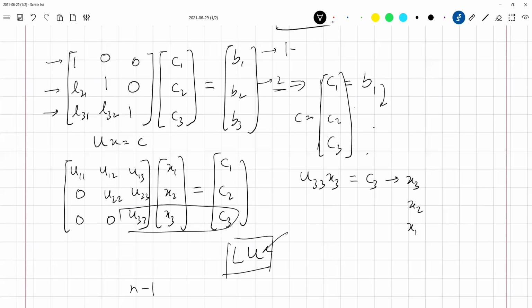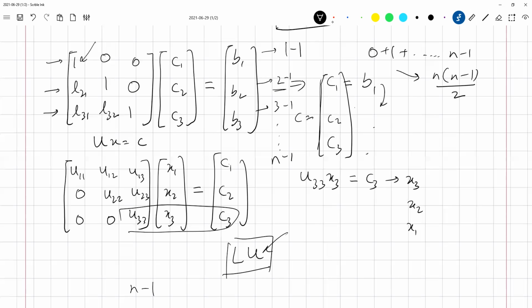Okay, so this is 1 minus 1. There are no steps required here, no multiplications; this is just an assignment, because this is definitely going to be 1 in all cases. So this is 0, then 1, then 2. If we keep on going, it will be n minus 1 steps. So we have 0 plus 1 plus up till n minus 1, and the total number of steps is n into n minus 1 by 2. Is that okay? Yes, sir.